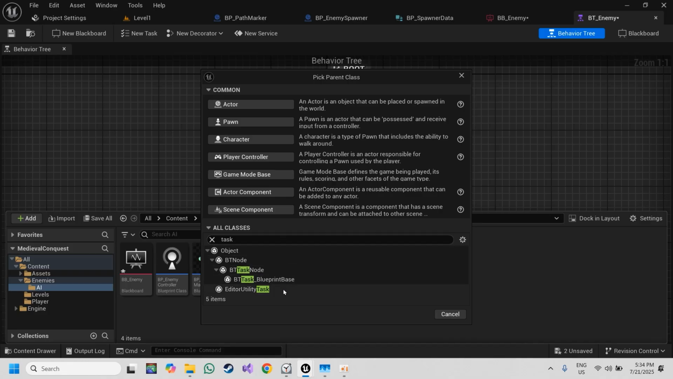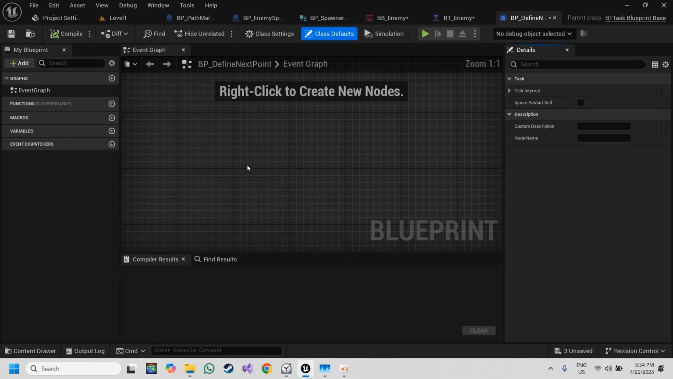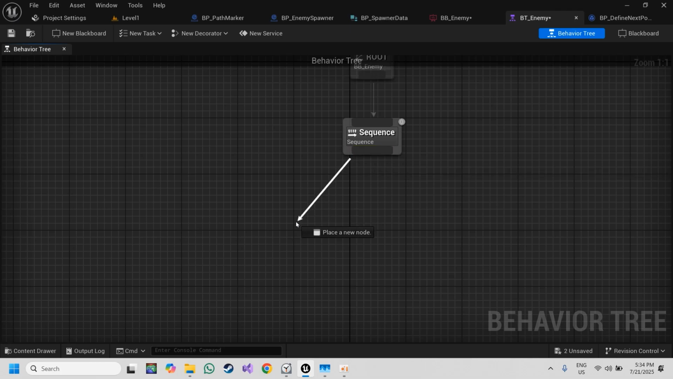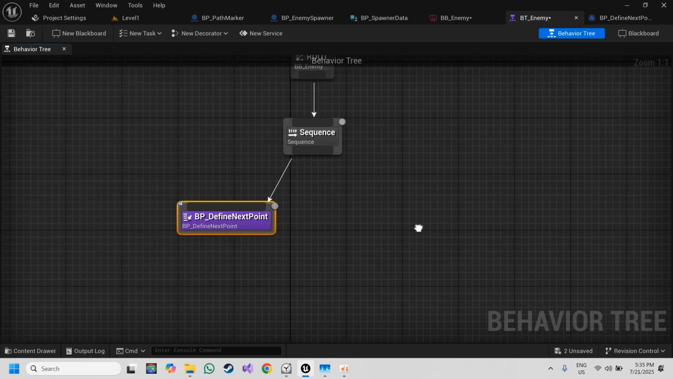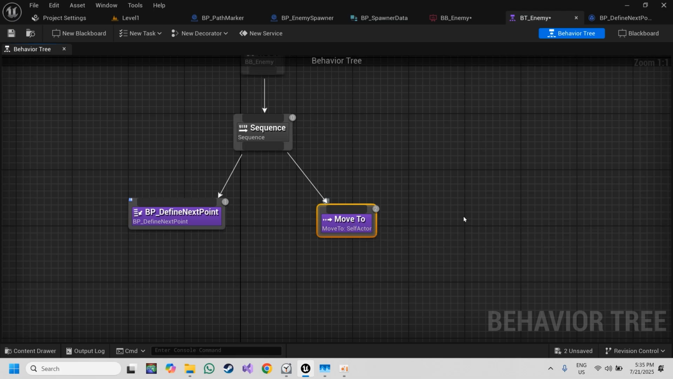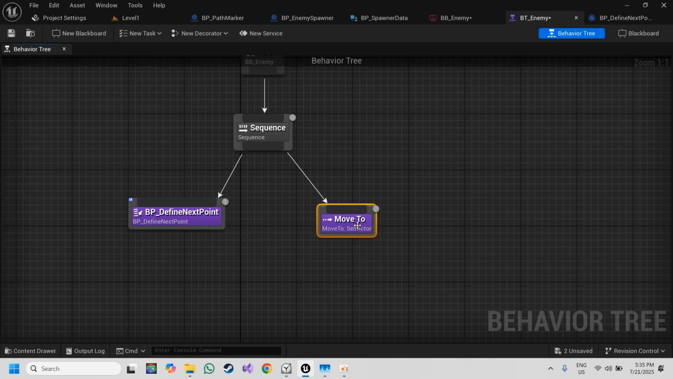So we are going to be picking up our BT task blueprint base, and we are going to call it BP define next point. For now, we are just going to save it and use it inside of here. We are going to put its proper logic later. So we can see here that now we have BP define next point inside of our tasks, and we can just call it. And then the other thing we're going to do is move to, and in our move to, we are going to,